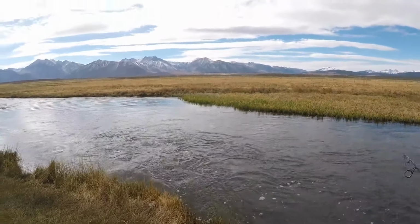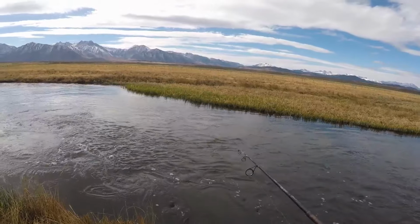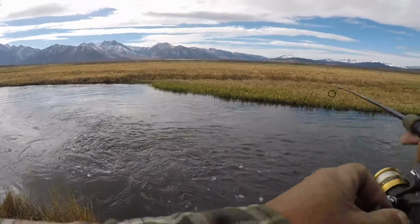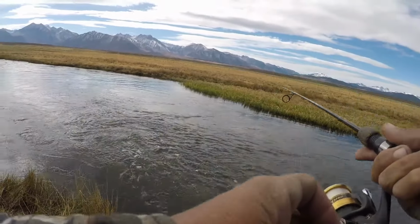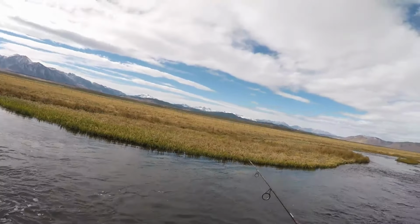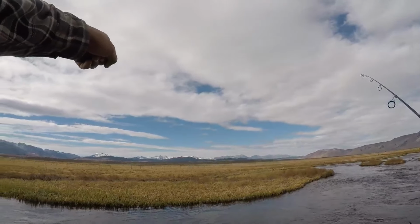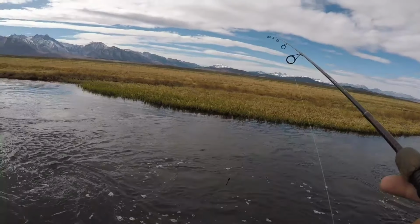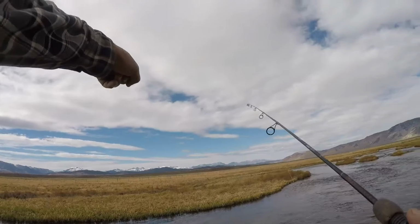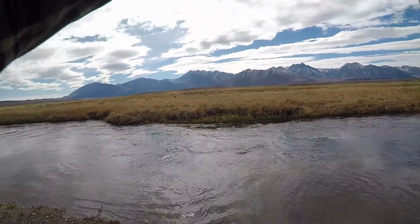Man, it is a heck of a lot colder here than it is at the Lower Owens. I had to put on my warm hat, and it looks like they're going to be skiing in Mammoth pretty soon. There's a lot of snow in the backcountry already. If you look beyond those peaks back there,